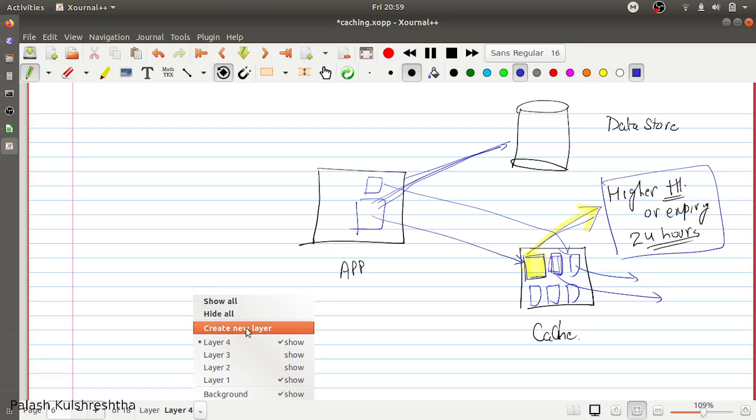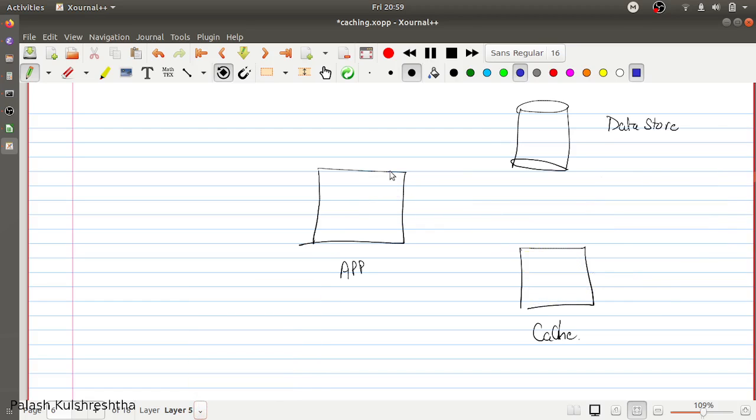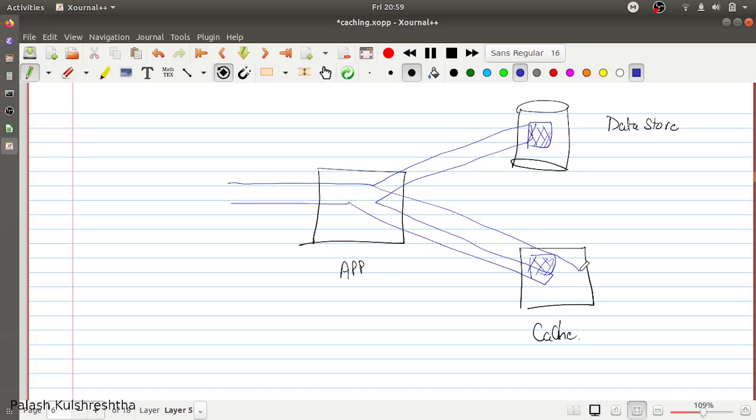Another thing that we have to keep in mind while designing this caching system is priming. For example, if you have some data present in the database and you are starting a new cache, one thing is you can just have a read through cache. You check here, if it is present then well and good. If it is not present here, then you get the data from the database, return the response, and then save that data in the cache.